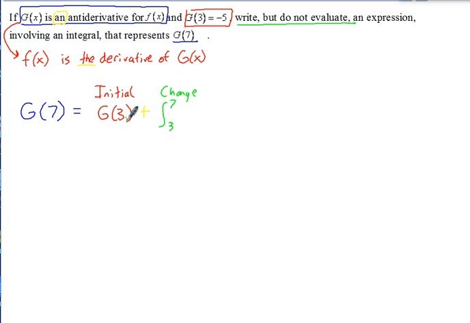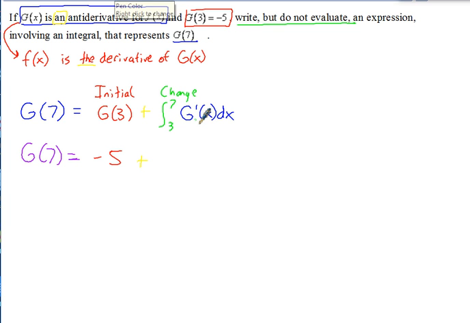So you could write it as capital G prime of x to start with. But then we know G of 3, so we want an expression for G of 7. So G of 7 equals G of 3, which we know is negative 5, plus